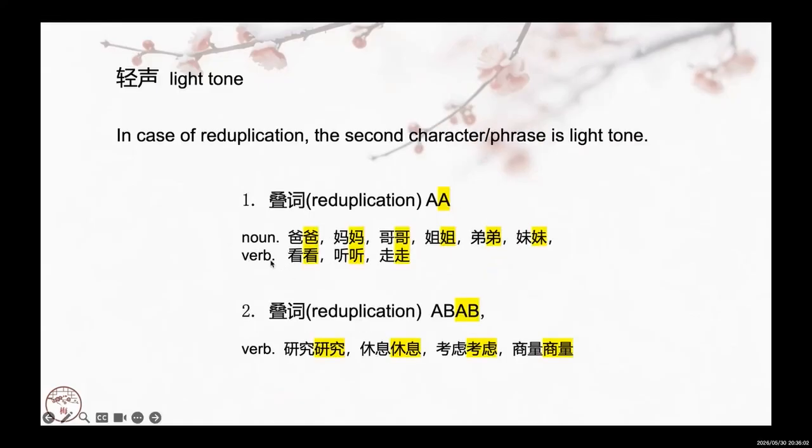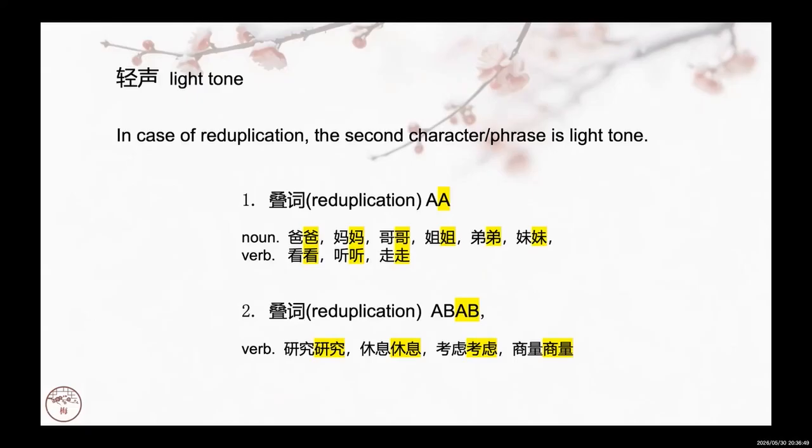Similarly, for the verb reduplication, 看看 means look, 听听 means listen, 走走 means walk. Shall we have a walk? You may want to invite your families to have a walk after a meal, a lunch or the dinner. You may say, shall we have a walk? In Chinese, we will say, 我们走走好吗？我们走走。Or 我们看看。